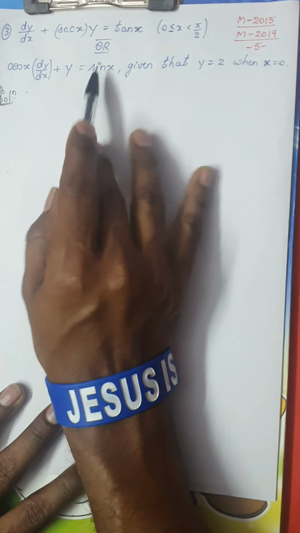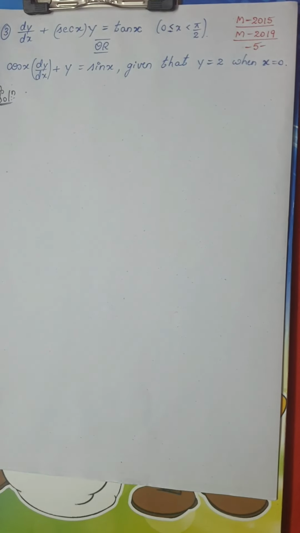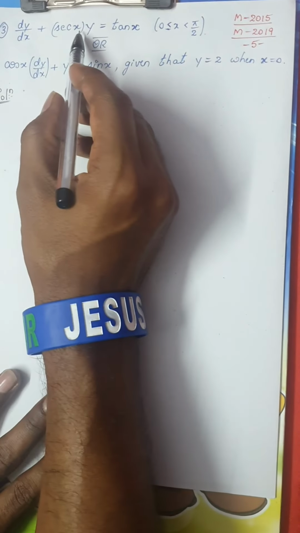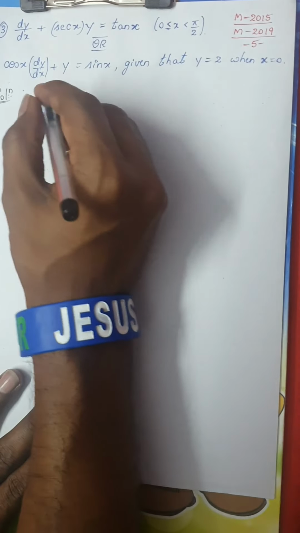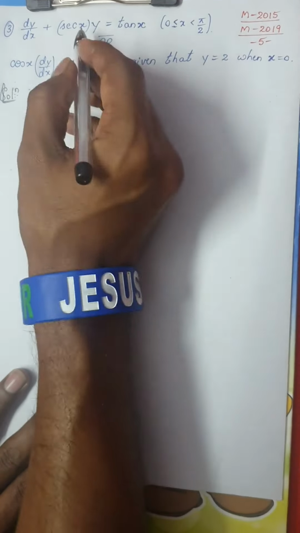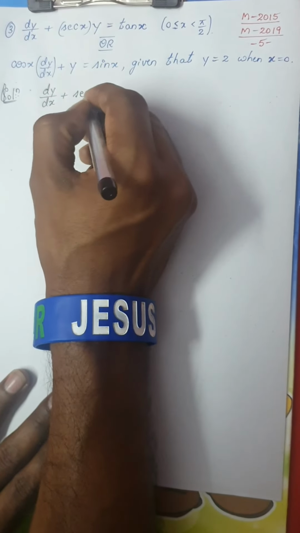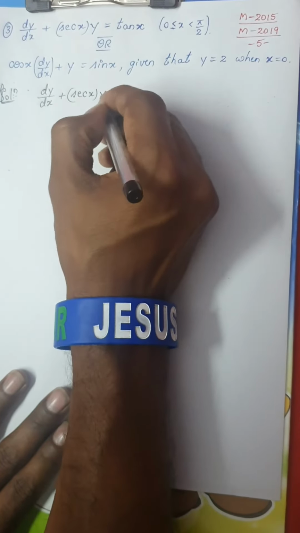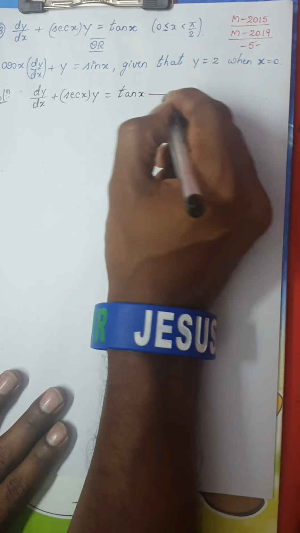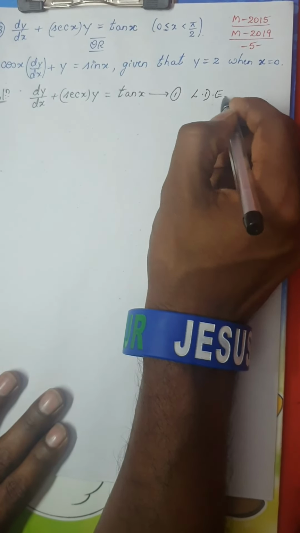So if you divide sin by cos, you get back tan. Okay? Right. So we're going to solve this and consider your general solution. I'm going to consider this equation as my equation. I'm not going to break my head, because in both the years he has directly given this equation: dy/dx plus secant x into y is nothing but tan x. I will name it as equation 1 and write LDE.